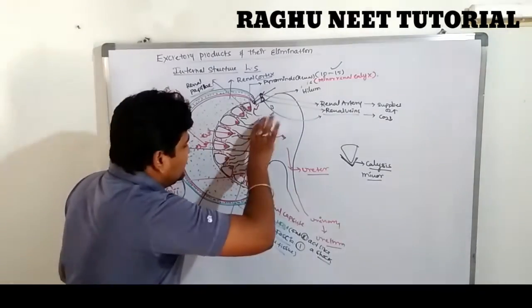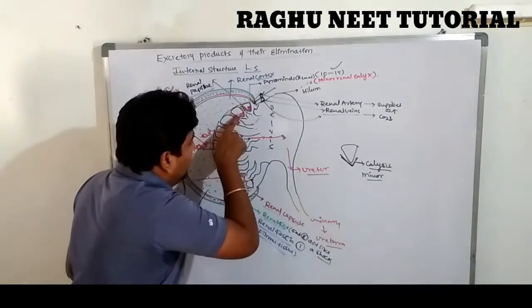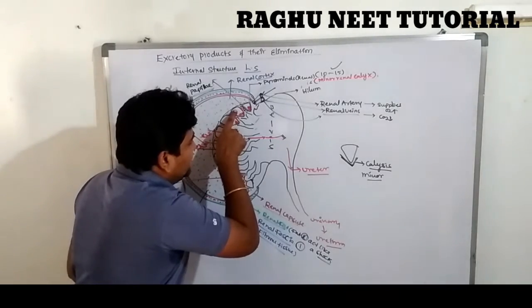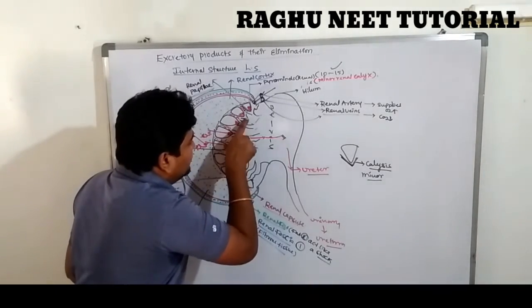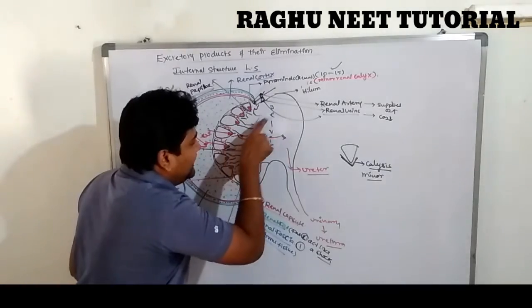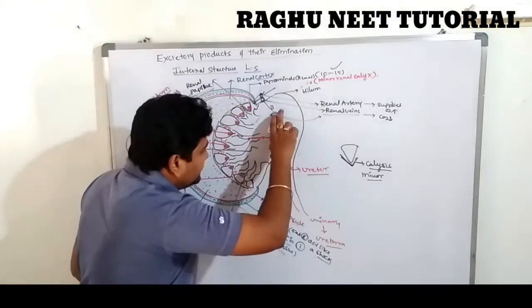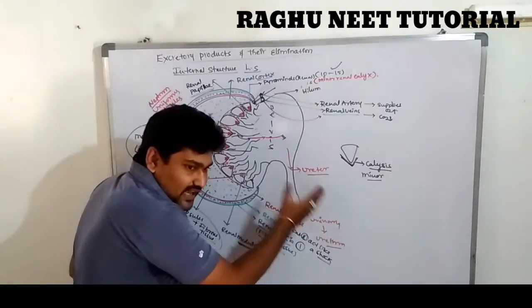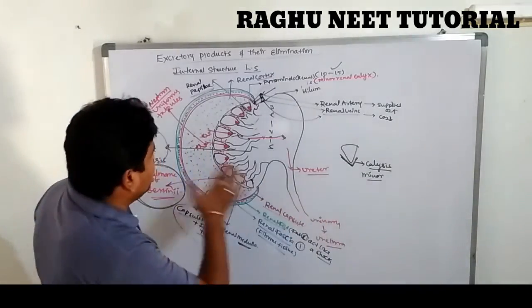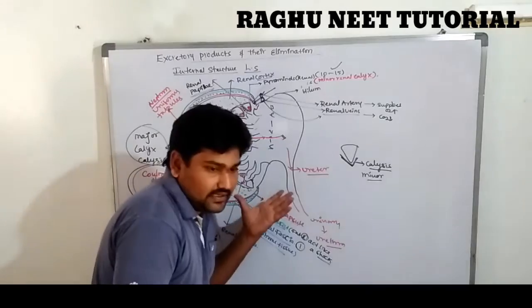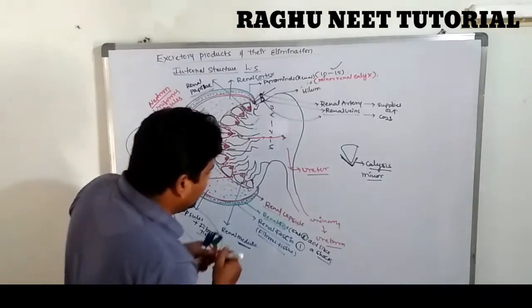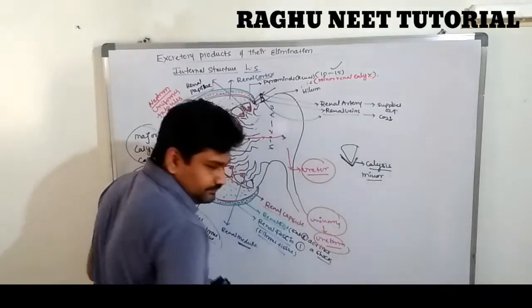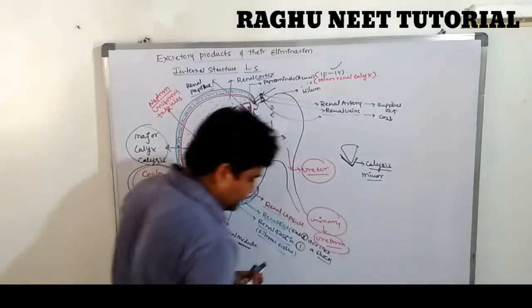The major calyces collect the urine after filtration in the nephron. It comes out from the nephron to the minor calyces, to the major calyces, to the pelvis region. The pelvis collects the urine and finally leads it outside of the body through the remaining organs. Are you clear? So this is the internal structure of the kidney. Next we are discussing the ureter, urinary bladder and urethra. Are you clear? Yes.